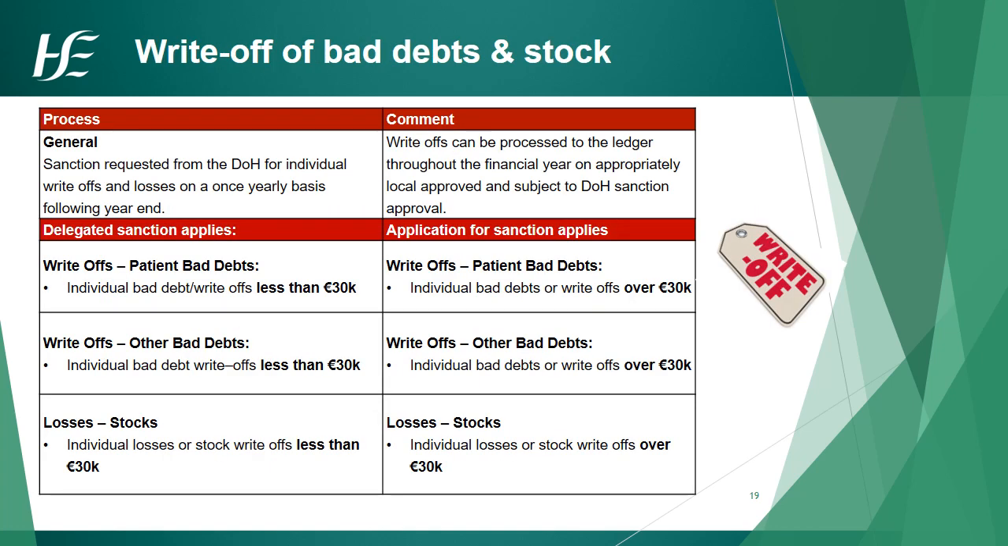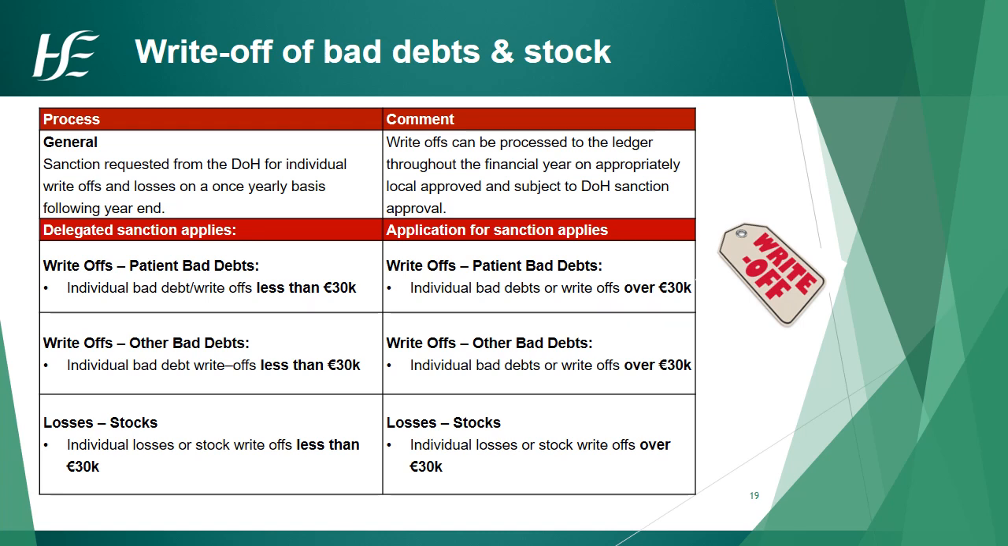Write-off of bad debts and stock. A provision is made for amounts due which are considered doubtful to be repaid. For example, a provision is made for patient debts which are outstanding for more than 1 year, and payroll overpayments are fully provided. Before bad debts are written off, it is important that the local HSE area tries to recover